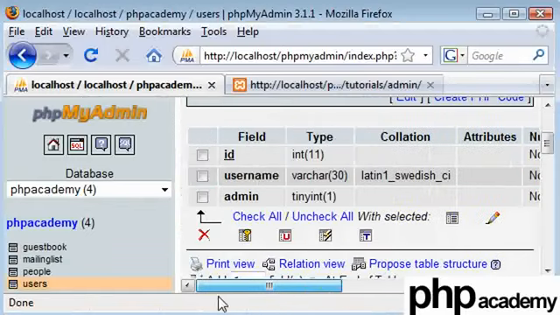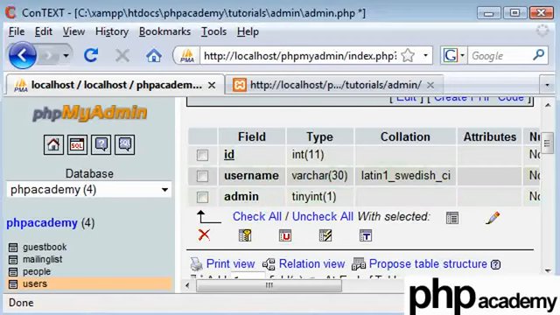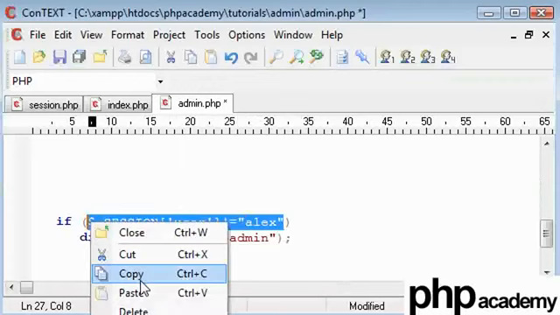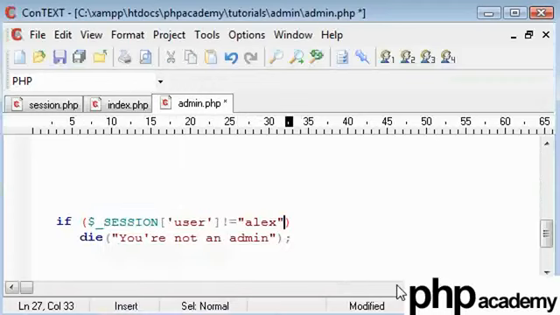I just find that if you have a 0 or a 1 inside your table and you're setting people to admins this way, you can have a lot more admins and it's a lot easier. Otherwise what you're going to have to do is you're going to come in here, copy this and say or doesn't equal blah blah blah or whatever, or if the session user equals admin, then I could say